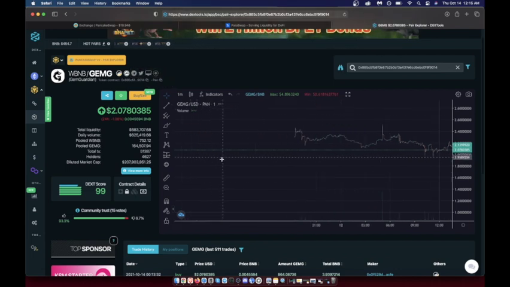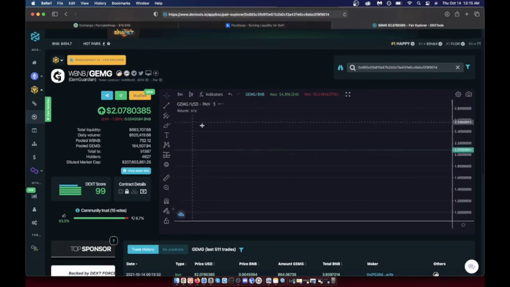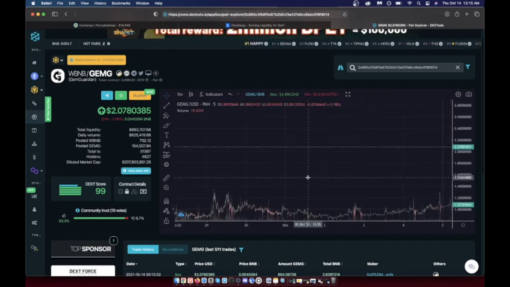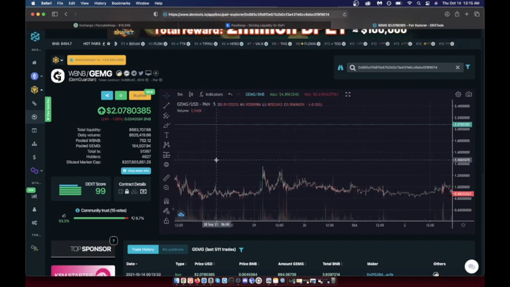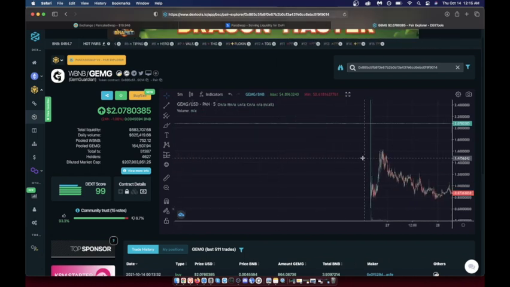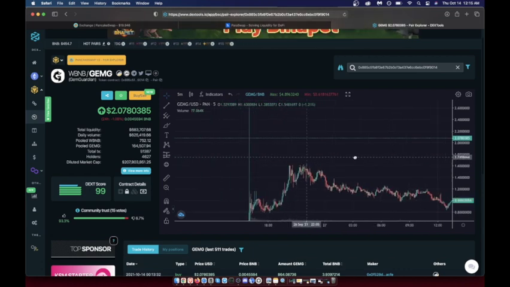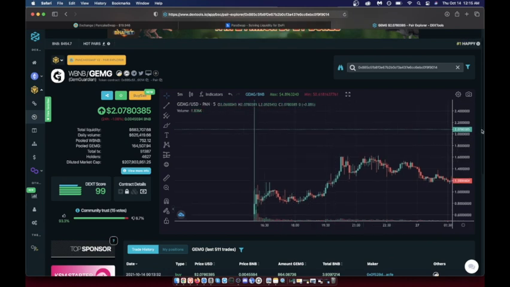Now, I really want to point out that with IDOs, it's so important to bring up DEX tools because you don't just want to sell your bags without being able to see what's going on. And this is such a great example because the price pumped to $5, which is like a 50x. And because it pumped to $5,